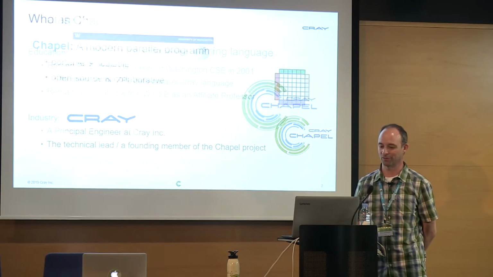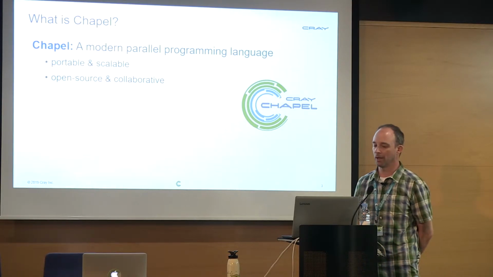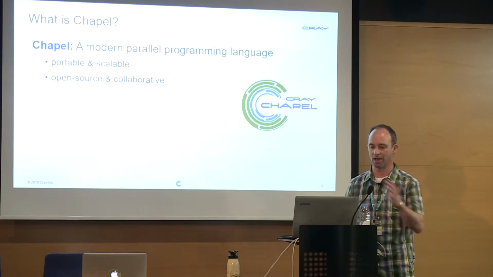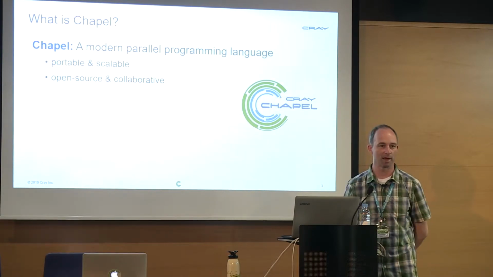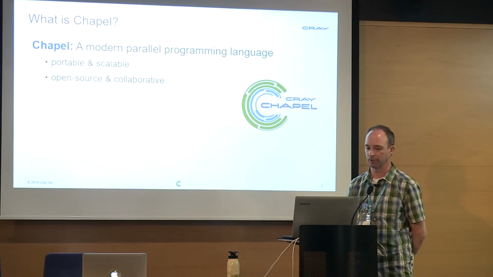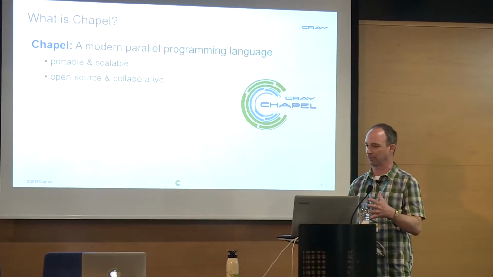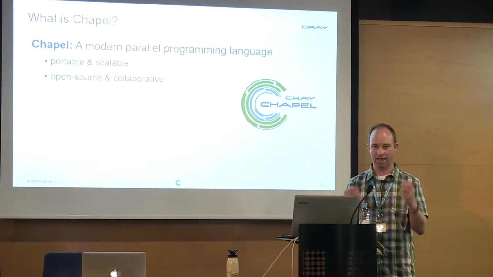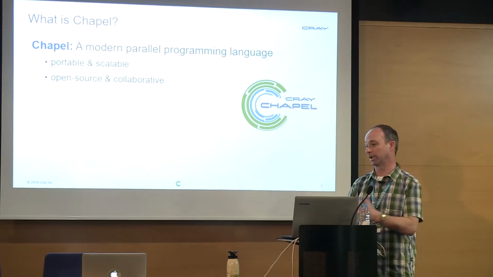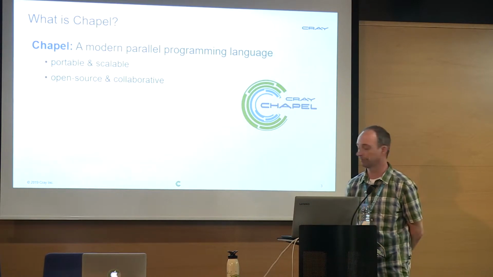So if you're not familiar with Chapel, Chapel is a modern parallel programming language. It is designed to be portable and scalable, so you can run Chapel on these laptops, or a commodity cluster, or the cloud, or a Cray, or a supercomputer from another vendor. And the goal is, as we heard about in the previous talk, to have a single language in which you can do that initial prototype and put it together quickly and get your ideas running on your laptop, get it debugged, and then just recompile it on a supercomputer without rewriting it all in a new language.